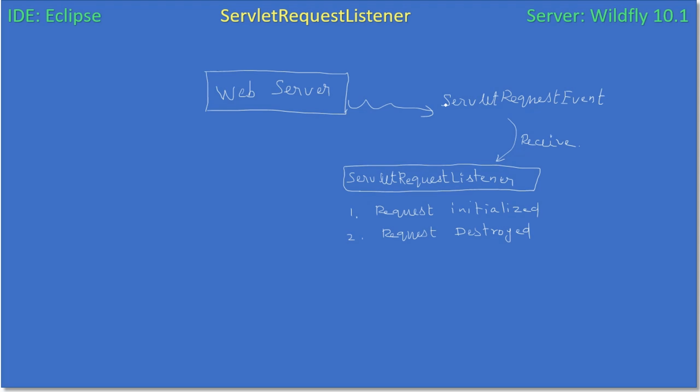The web server will send a servlet request event to the servlet request listener. The servlet request listener will receive this event, and the web server sends this event when these two events happen. That means when a request is initialized and when the request is destroyed. To know more about it,